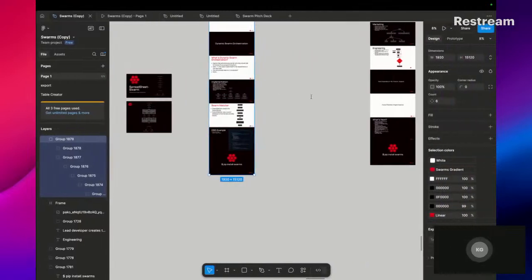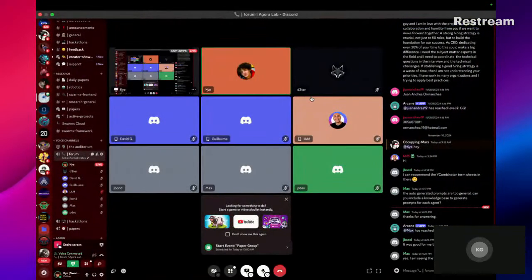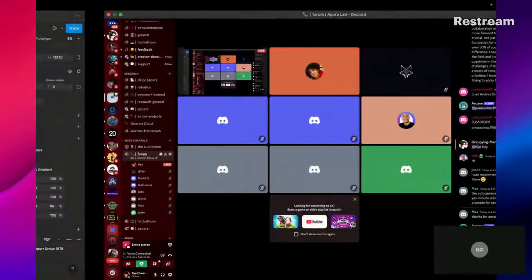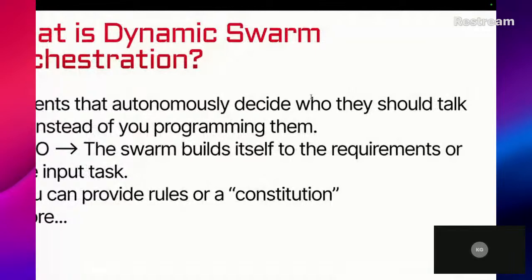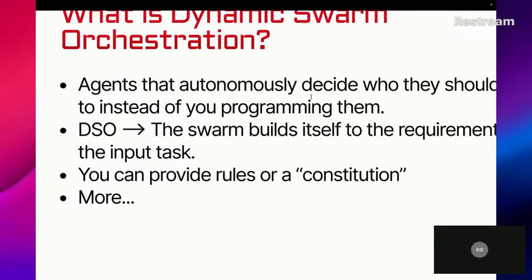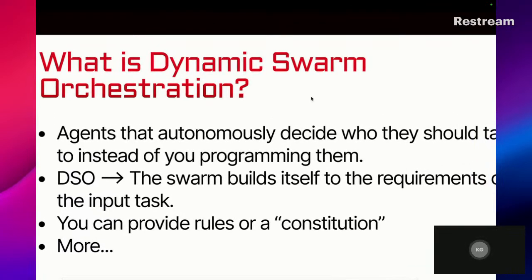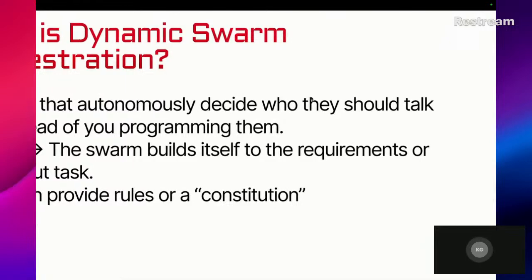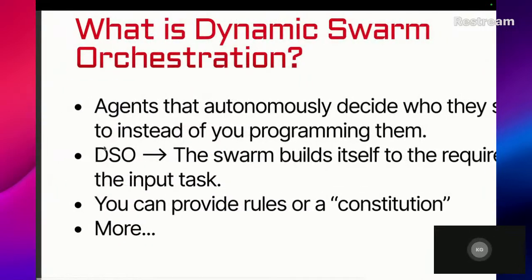But it's still mostly a waste of time. You should not be doing that yourself. It should be autonomous. And so DSO is basically the swarm builds itself to the requirements or to the input task.